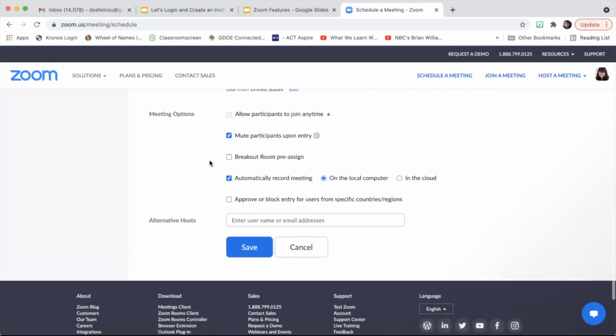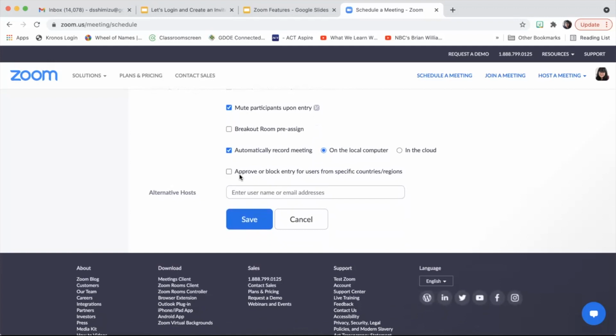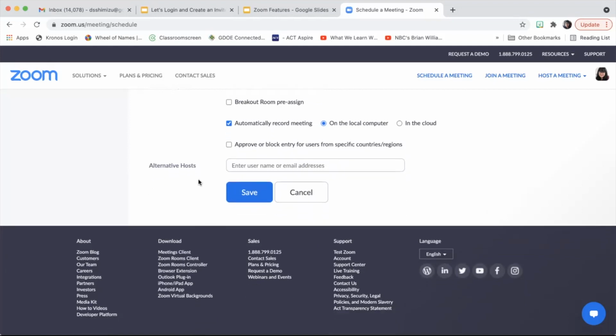The last part of your meeting options is the option to approve or block entries for users from specific countries or regions. I'm going to keep that unchecked for now. And then you can add alternative hosts. If you want somebody to be an alternative host with you, you would enter their names and email addresses there. When you're done, you would just simply click save,